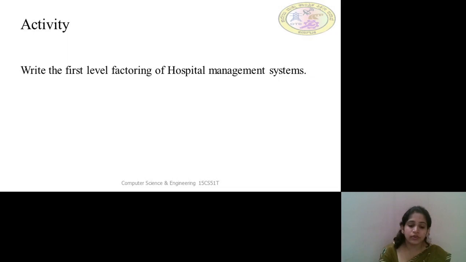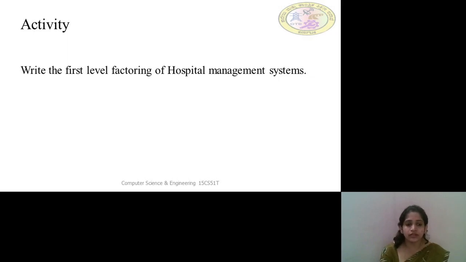After that we can think of management of the doctors, management of the patients, management of the reports, or management of the medicines given to each and every patient, or management of the daily routines of the patient.